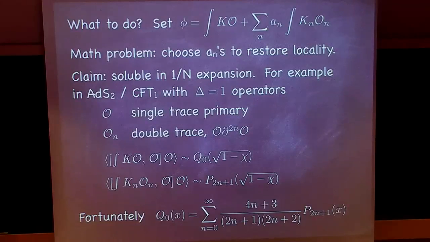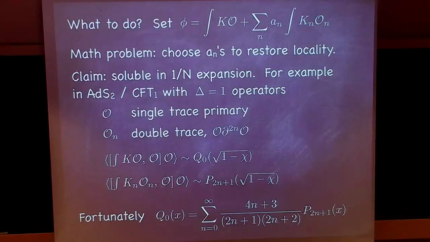So now the mathematical question is, can you superimpose these higher dimension operators in order to cancel the singularity we got from the single trace guy? There's a very nice formula that the Q0 Legendre function is given by a sum of all the odd Legendre polynomials. So the coefficients in this sum are basically the coefficients an that you need to stick in that will let you cancel the non-locality at lowest order against all of